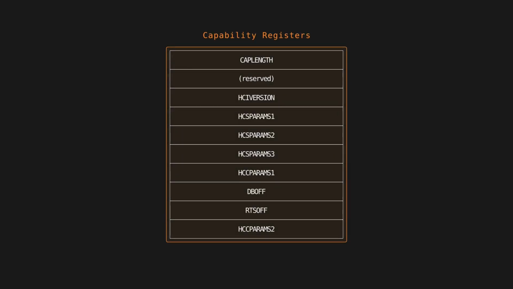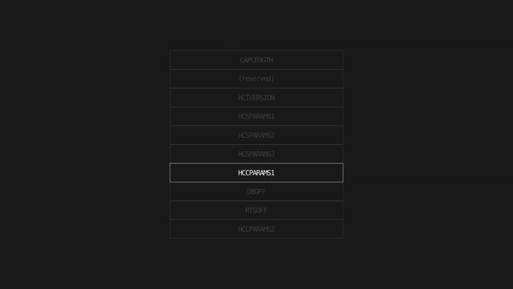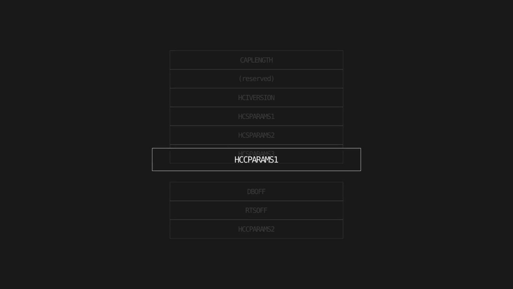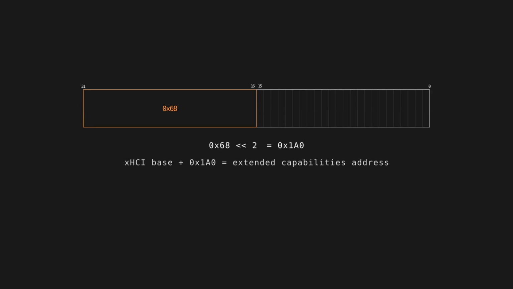To find out where the extended capabilities live, we need to refer to the xHCI params register in the regular capability register set. The high 16 bits of that register encode the pointer to the extended capability space, and all you have to do is read that value, shift it left by 2 bits, or just multiply by 4, and add that offset to the xHCI base address, and that will give you the address of the first extended capability